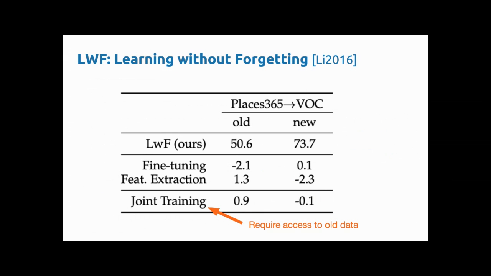This is a task transfer from the Places dataset, a scene classification dataset, to VOC. On the left side is the performance on the old task, and the right side is the performance on the new task. The first row is their method, and they indicate the performance difference by the relative change, so minus indicates you do worse, and positive indicates it's better. What's most interesting from this table is the last row, which is the joint training